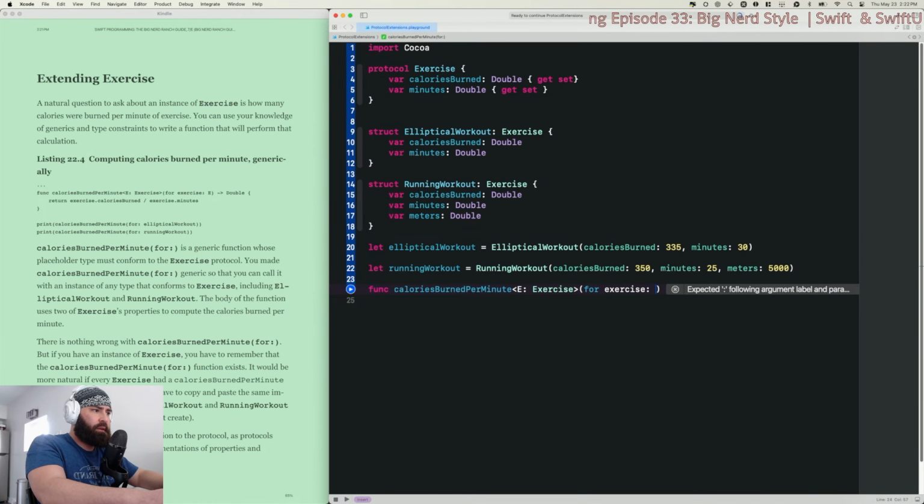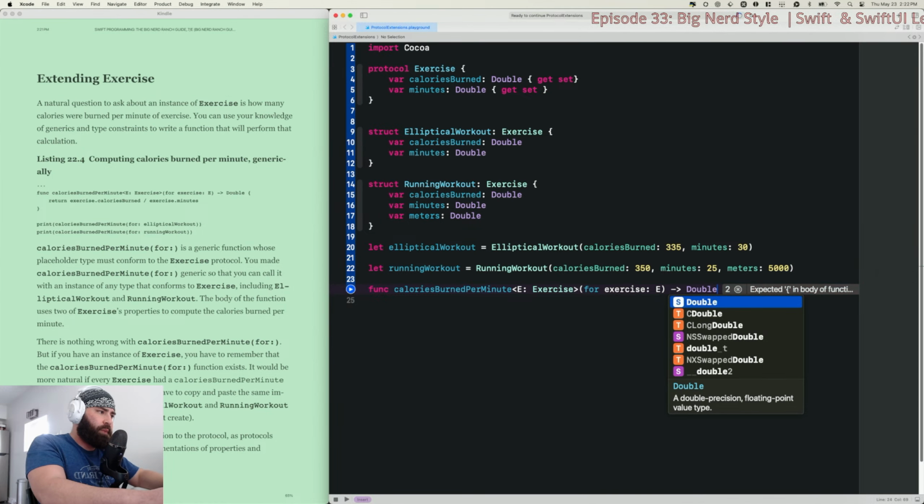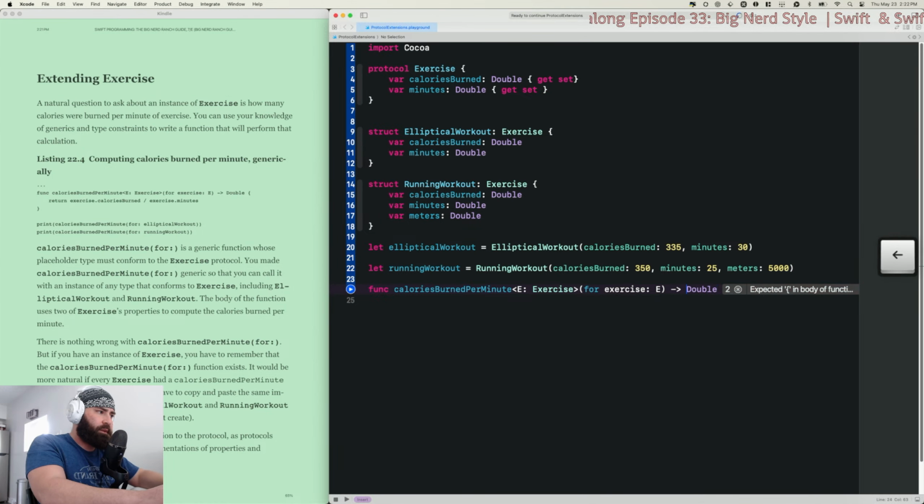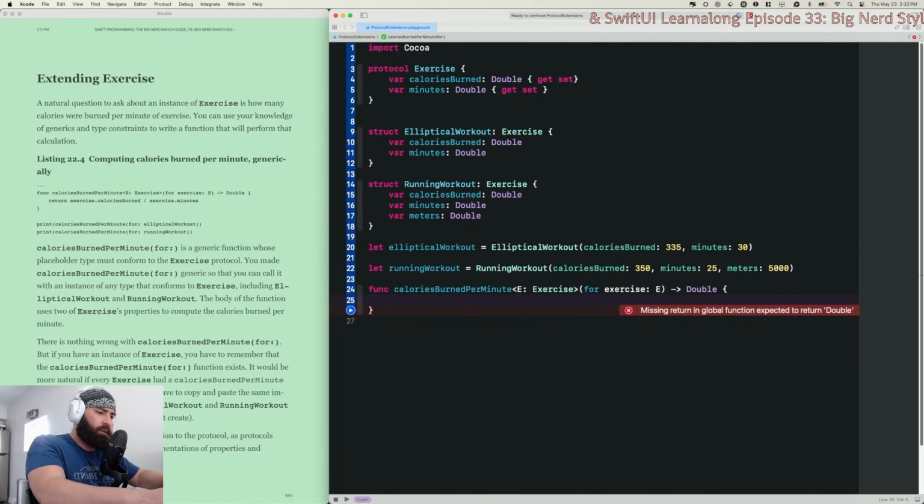And we're saying that the single argument must be of type E as well, meaning same as the type of caloriesBurnedPerMinute itself, but that would be driven by whatever we pass in. So these will be the same, E and E. And then arrow syntax to indicate whatever type we want the return value to be. In this case, we want to make sure we get back a Double. So arrow syntax Double. And now we open up the body of the function, bust it wide open, and then